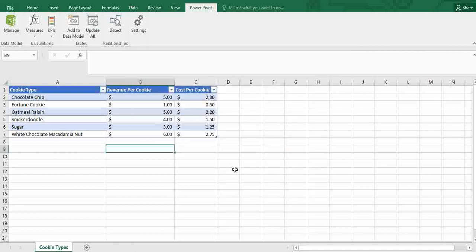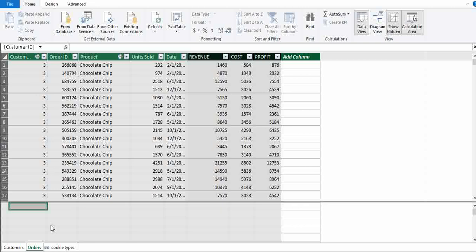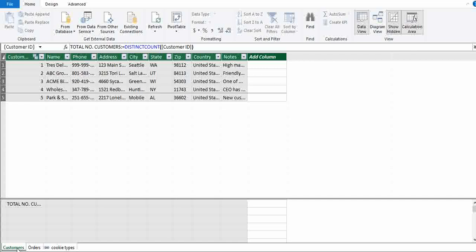Oh yes, it has brought me back in here, but I can't see what happened. Where are those numbers, right? Yeah, so let's click on manage to see if anything has happened. Let's click on manage and wait for it to load. And here in orders, but I used the worksheet for customers, right? For customers,